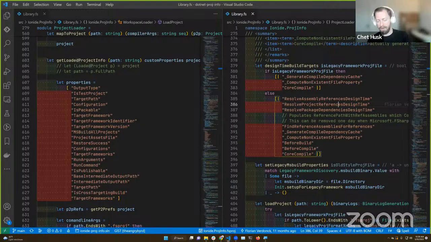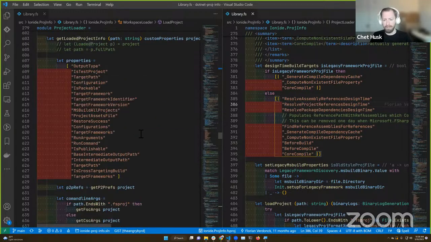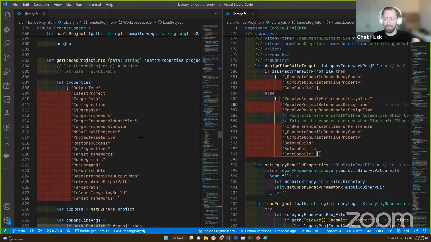Part of the job of Proj.info is to abstract away requesting information from MS-Build about a particular project and turning that into an F# project options object that the compiler can then use to do type checking for errors, IntelliSense, and syntactic highlighting, right? All of these fun features, code folding, navigation, all of the things that you need come down to having an accurate set of project options.